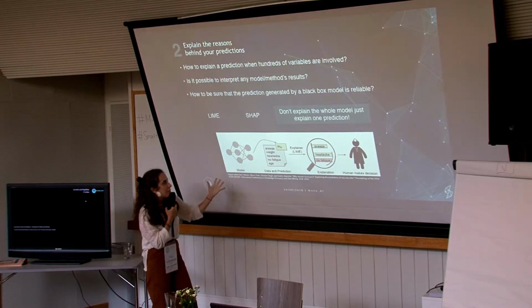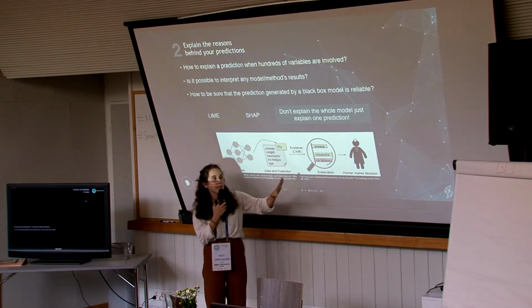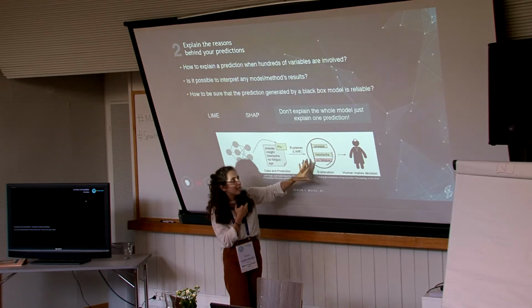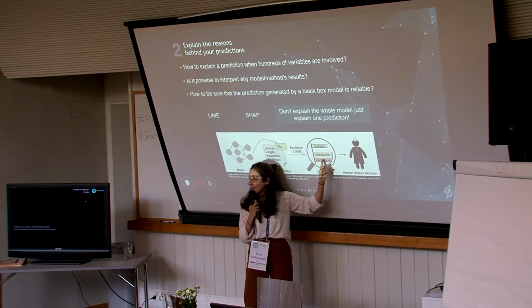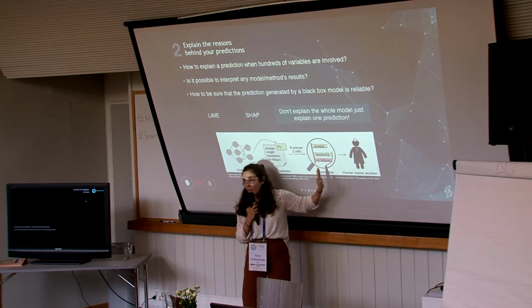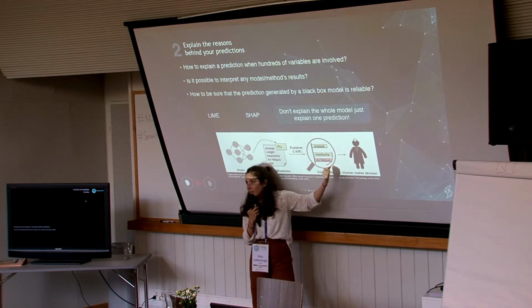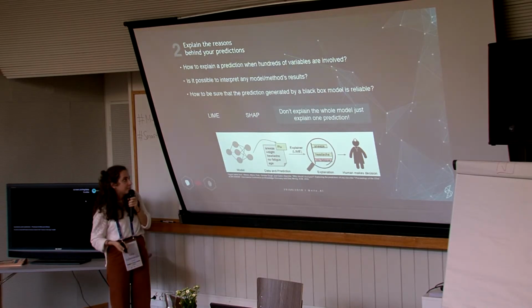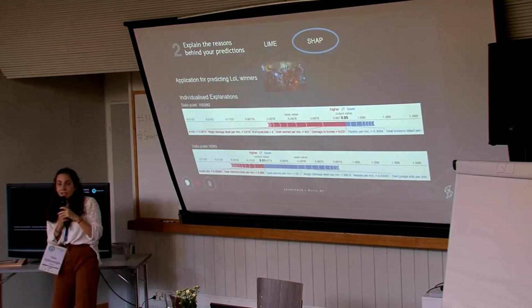For example, imagine you have this AI model and it predicts that this person has flu, and it shows you the reason: because this person has sneezing, this person has headache, but this person has no fatigue. So the human can look at this and assess if it makes sense or not. This is a very good example of human in the loop also. I will talk about SHAP, which is the one that I'm using.